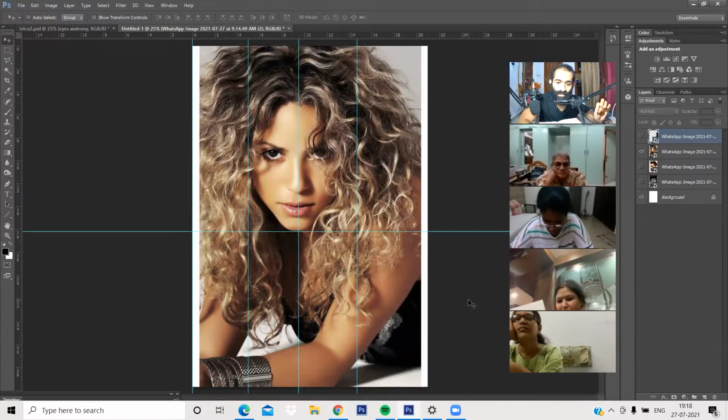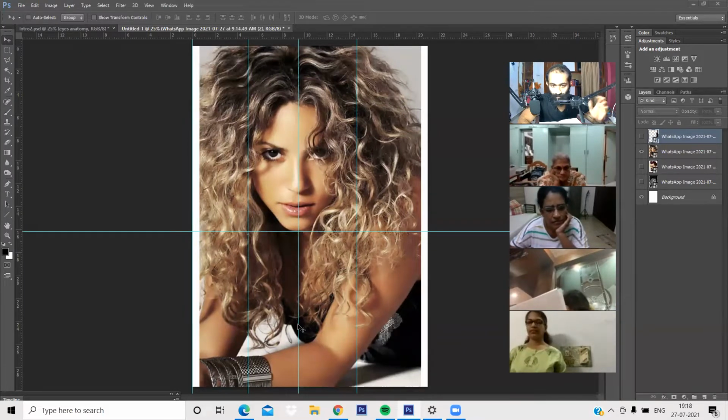When I look at this, there are some basic things I can understand from this front face. If I divide this vertically into two grids, the upper portion is dominated by the head. The lower portion is dominated by the rest of the body.